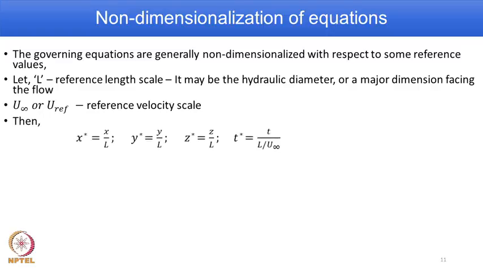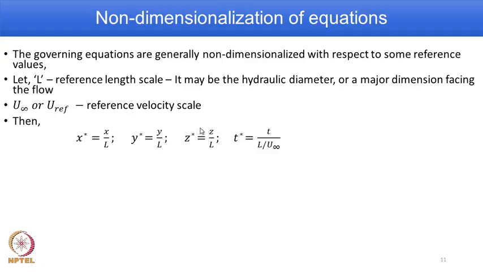Let us say, for example, all the length related information, so in this case x, y and z. x is non-dimensionalized with L, and this non-dimensionalized quantity is referred to with the symbol superscript star. So, x star is the non-dimensionalized length, x is the actual length, and L is the reference length, and we know they both have the same unit. So, x star has no unit. You can define similarly for the other two length dimensions. We use the same length scale in all.